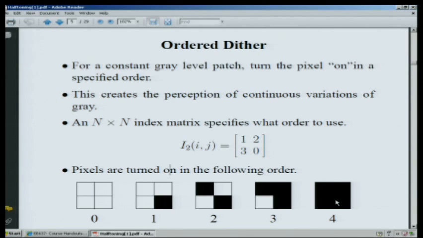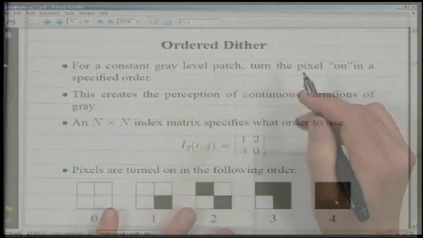Oh, so we're still not there. 14 squared is what? 196. Oh, still not there. Okay, 15 squared. Okay, that's more than 256, right? So you'd need an array which was 15 by 15. Well, if you're going to do that, you may as well just go to 16 by 16,